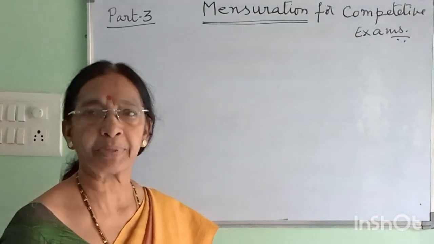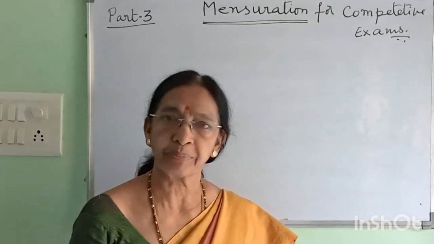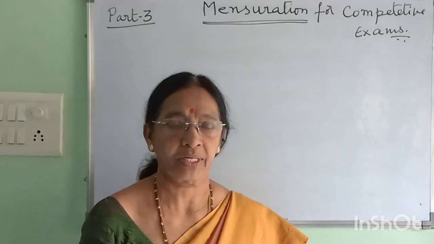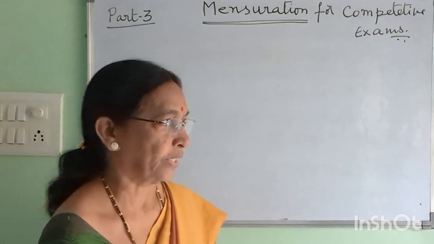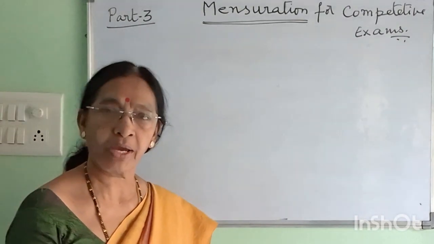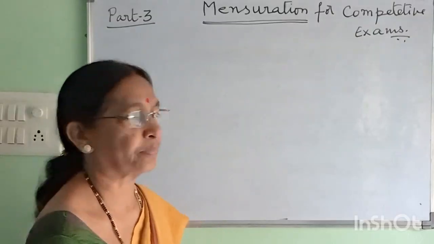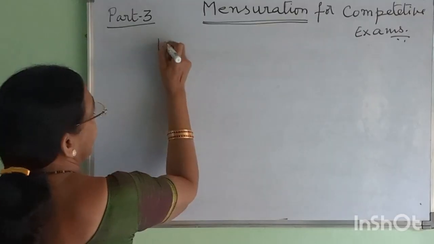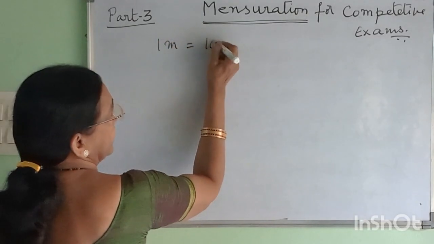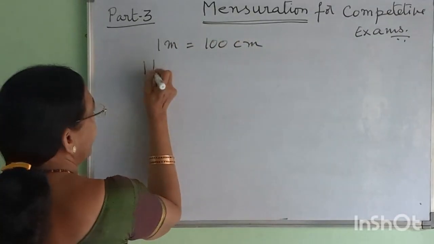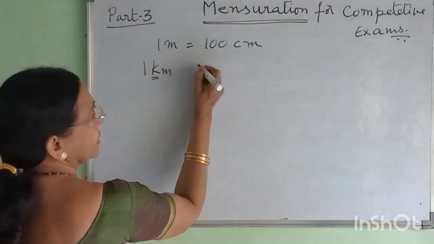The length or perimeter can be measured in meters, centimeters, millimeters or kilometers, whatever units of length. But we have to know the relation between them. For example, 1 meter is equal to 100 centimeters. 1 kilometer is equal to, kilo means 1000